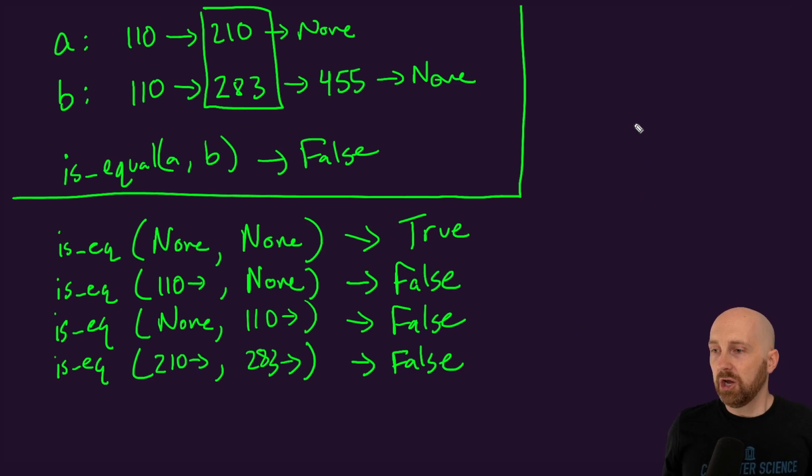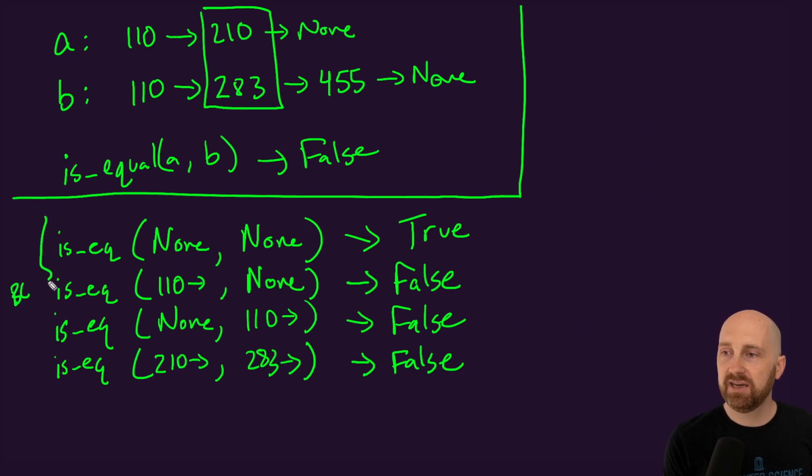Okay. So what is our recursive case then? These are all base cases, right? These are all base cases where we know enough, having seen these inputs, to fully solve the problem we're trying to solve, to determine whether or not these two lists are equal to one another. Well,